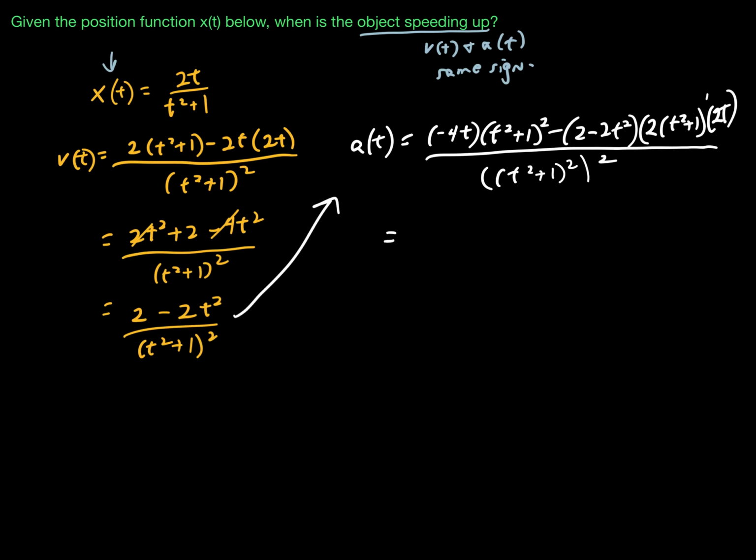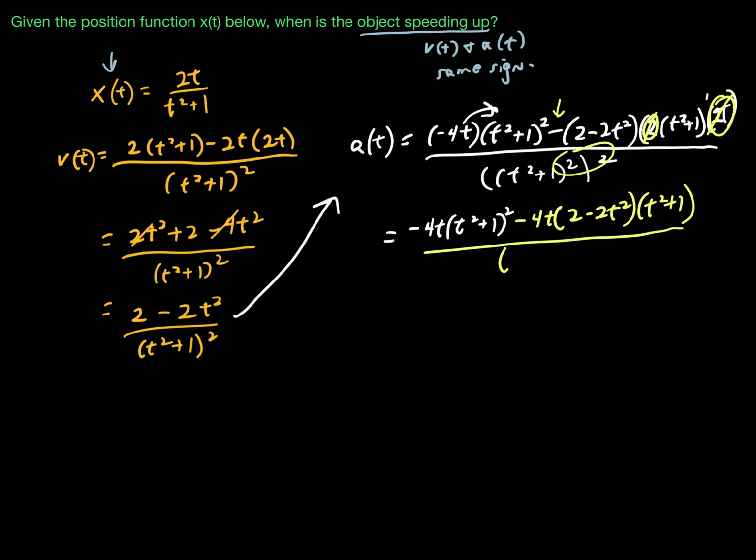Let's clean this up. So I have a negative 4t. Remember, you can't distribute that into a squared factor there, so don't. But what can we do here? This is a 2t times a 2, that's 4t. 4t times a negative, that's negative 4t. And then I'm going to leave this here, and I'm going to leave this here. And then all of this, don't forget you multiply those exponents, that becomes t squared plus 1 raised to the 4th. Now, before we multiply all this and give ourselves a mess,